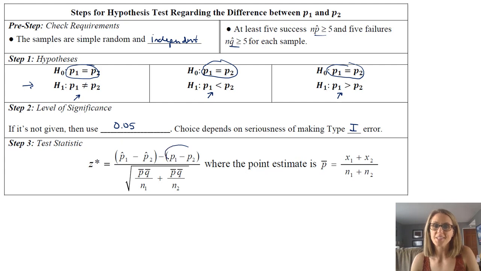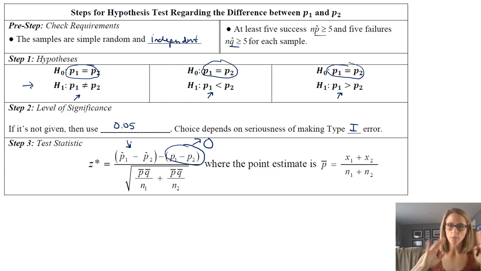Now, one thing I want to mention, these test statistics are big, so I totally get it. It's a lot more than chapter 8 because you're comparing 2 proportions against each other. So one thing you want to write down is that based on our null hypothesis, P1 is equal to P2. That's the null hypothesis, and so that's always going to be 0, so it doesn't need to be written. So your focus is just on what is the difference between our sample proportions, and then divided by this square root of some crazy stuff. It's not so crazy, it's just your 2 sample sizes for the proportions. They don't have to be the same. And then this is what is called P-bar.